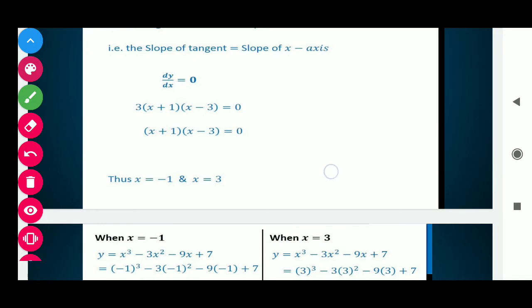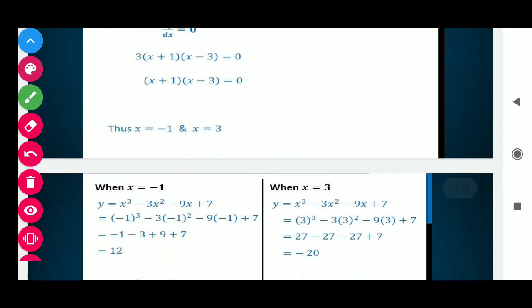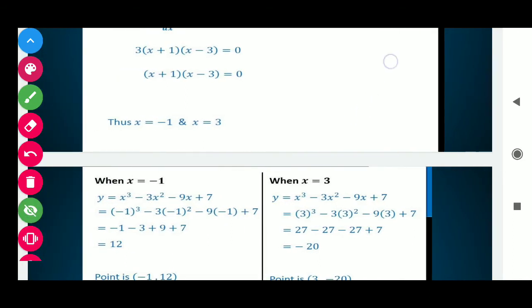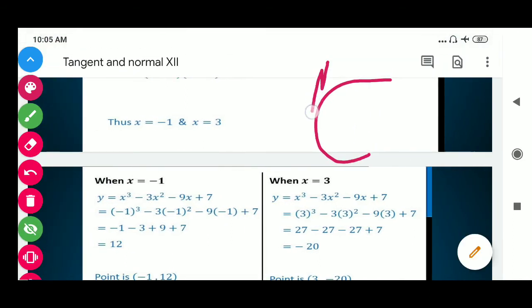So these are the points, but these are the abscissa only. We have to find the ordinate as well. Students, remember one thing, if a tangent touches the curve at a point, this point lies on the tangent and on the curve. Students, अगर कोई भी line, that means अगर कोई भी line touch करती है curve को, उसे हम